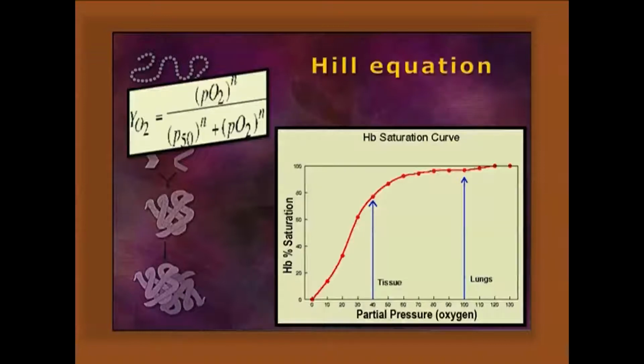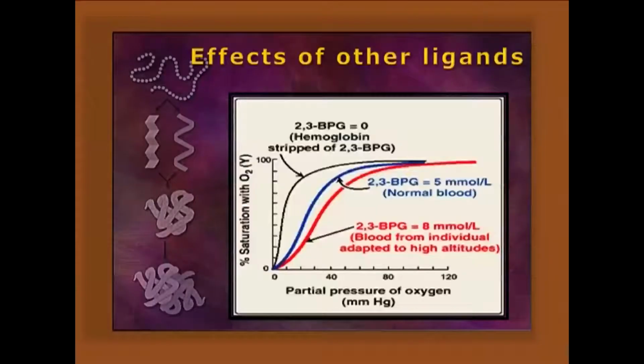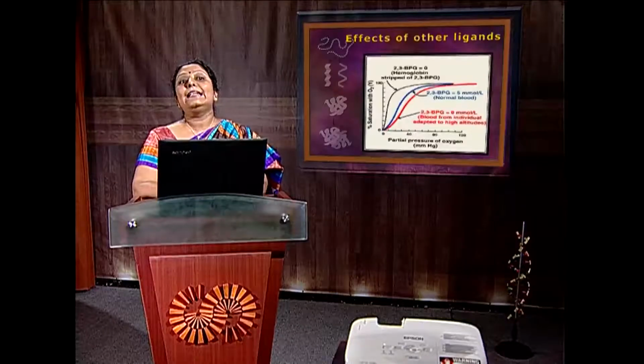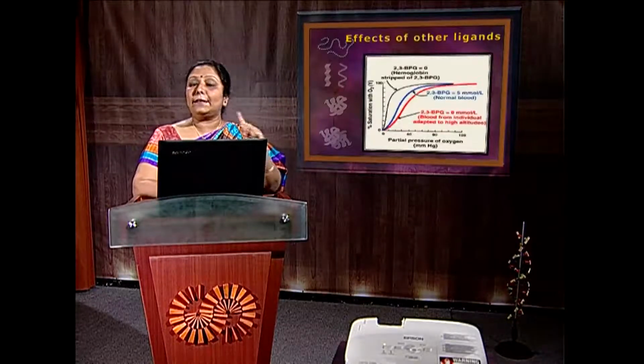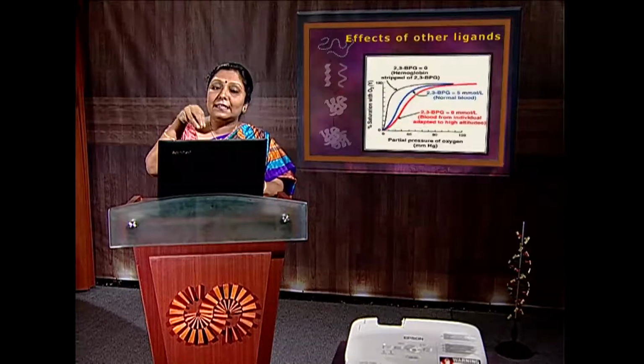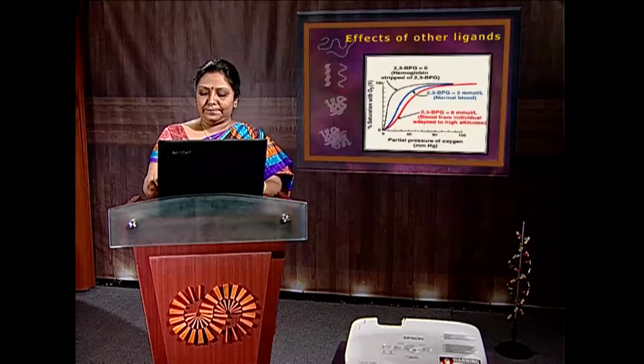Effects with other ligands. So, with negative impact, it binds with H plus, Cl minus, carbon monoxide, carbon dioxide, etc., as well as 2,3 bisphosphoglycerate. This 2,3 bisphosphoglycerate has much more affinity in case of adult hemoglobin HbA than that of the fetal hemoglobin. So, it actually regulates the high altitude condition, and the T state, the taut state, the deoxyhemoglobin state, is getting stabilized by this BPG because it fits in the deoxyhemoglobin condition.